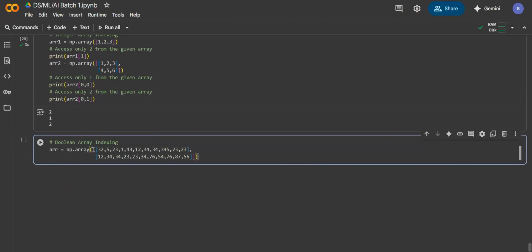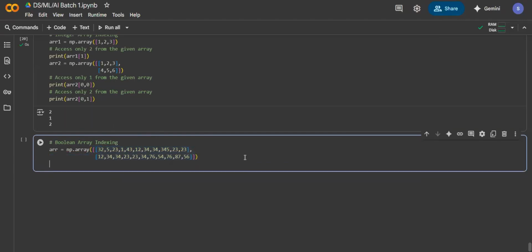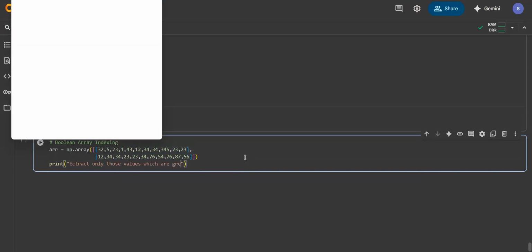First of all, tell me what is the dimension of this particular array? It is 2. Perfect. So it is a 2-dimensional array, correct? So if I have a question where you are supposed to extract only those values which are greater